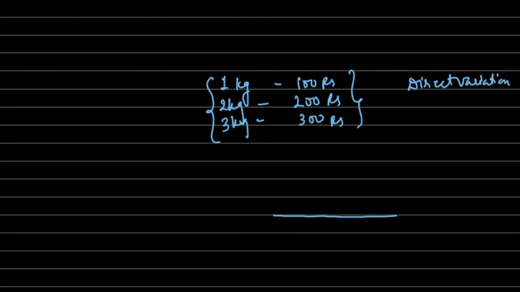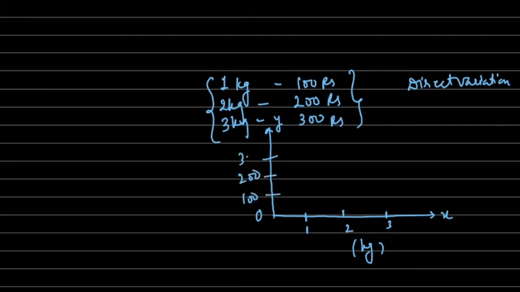How? Let's do a rough figure: this is the x-axis, this is the y-axis, and the origin. If I take 1 kg, 2 kg, 3 kg, this is my weight in kgs, and here I am taking money in rupees: 100 rupees, 200 rupees and 300 rupees. So for 1 kg it is 100 rupees, for 2 kg it is going to be 200, and for 3 kg it is 300. So if you join them, a straight line will come out. So for such cases, we always get the line graph.